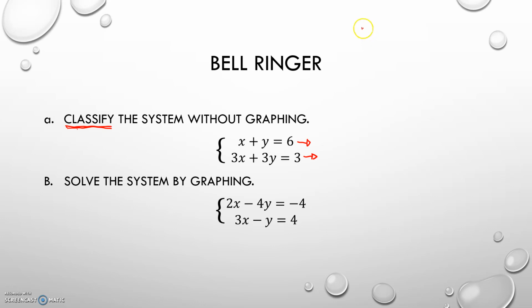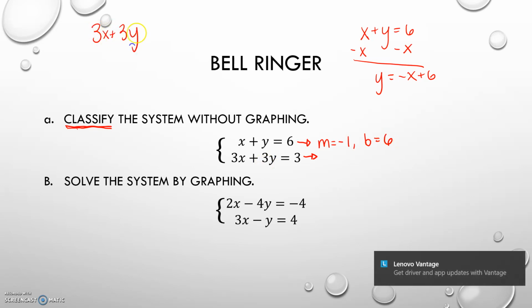For the first one, I have x plus y equals 6. So I want to solve for y. I'm going to subtract x from both sides, and I get y equals negative x plus 6. So my slope of that line is m equals negative 1. My y-intercept is 6. For the second equation, I have 3x plus 3y